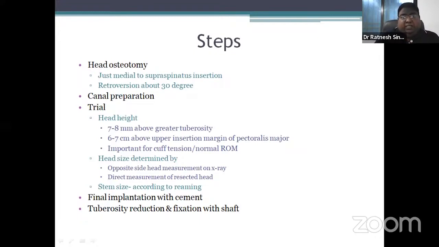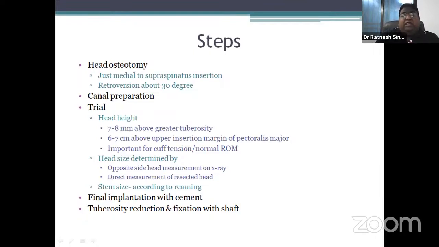Now the canal preparation is done for the stem, and the trial is done. Now for the trial, you have to decide the head height. So head height should be 7 to 8 mm if of greater tuberosity. If it is preserved, or when both are fractured in 3-part, 4-part fractures, then in that condition, you can take